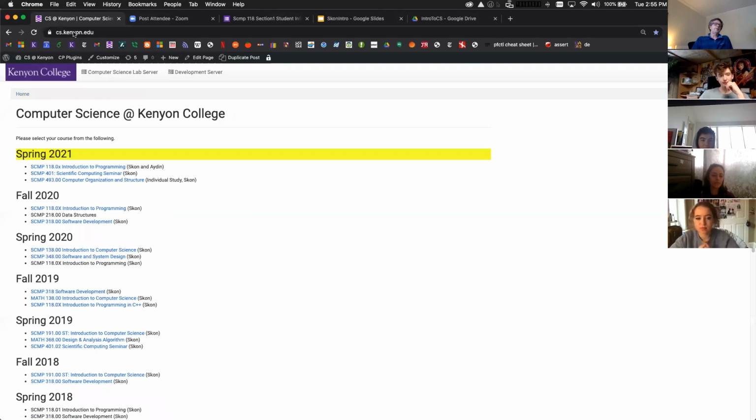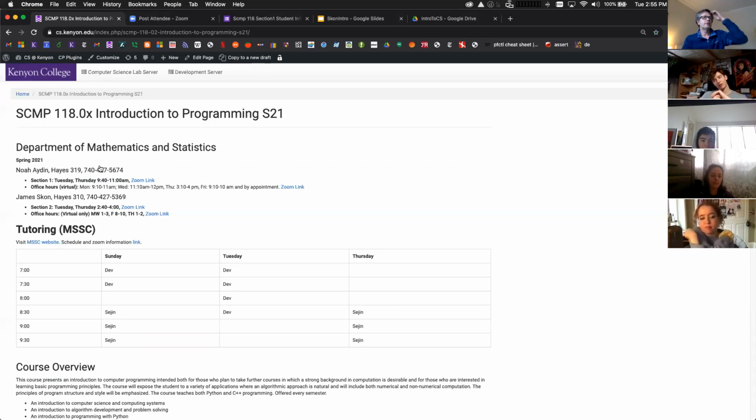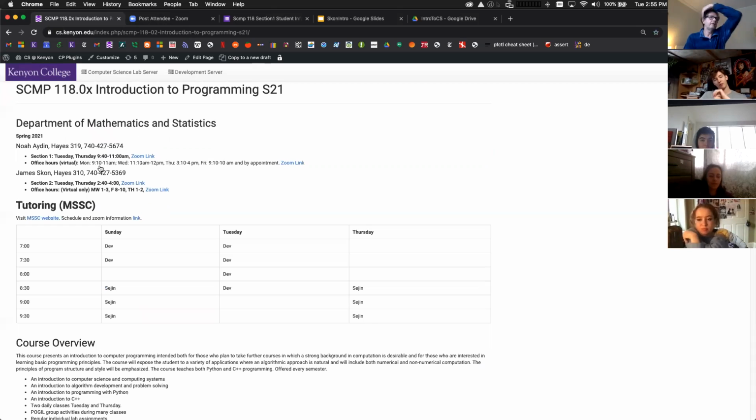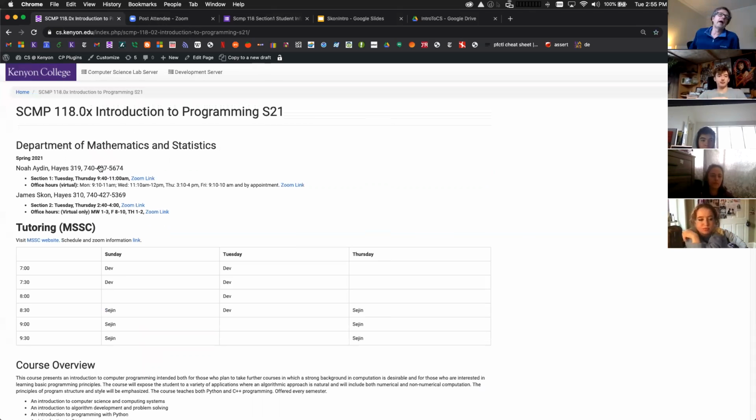This takes you to a page with all the computer science classes. Right at the top of the list under spring 2021 is this class. You'll see there are actually 2 sections of the class, and they're basically identical, even though Professor Iden teaches one and I teach the other. We have the same curriculum, the same syllabus, and all the same assignments.